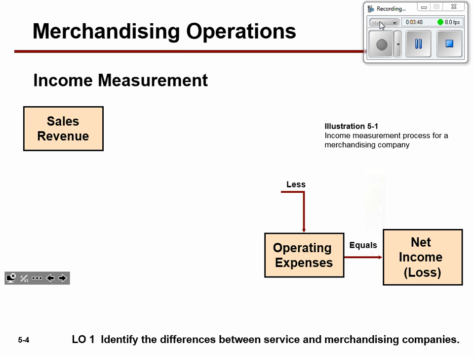So how is income measured? Well, what we've been doing chapters 1 through 4 is we're saying that sales or revenue, which I hope you know by now those 2 words go interchangeably, revenue minus expenses will hopefully result in a net income. So what you see here, revenue minus expenses equal net income or loss. You always hope that your revenue is larger than your expenses to involve a net income.